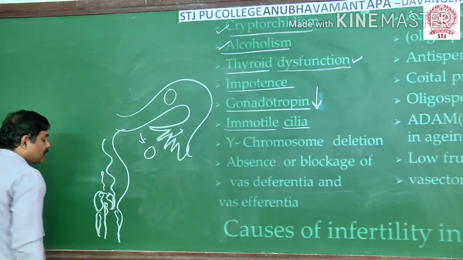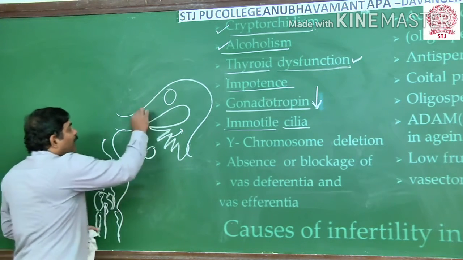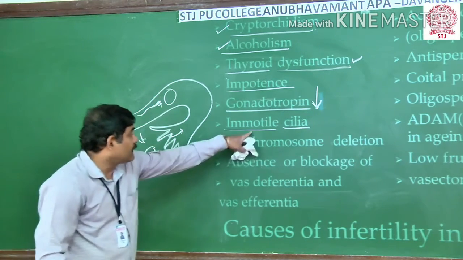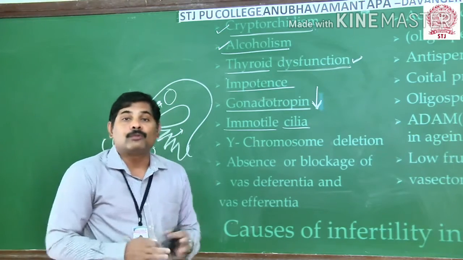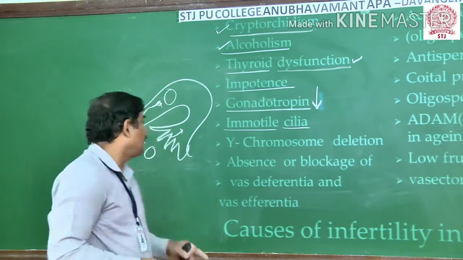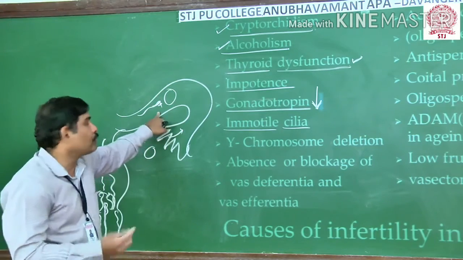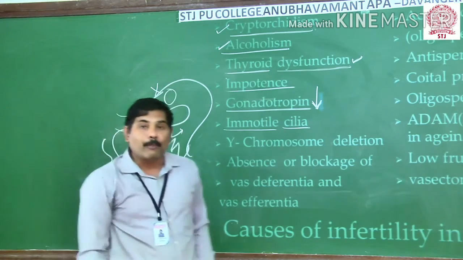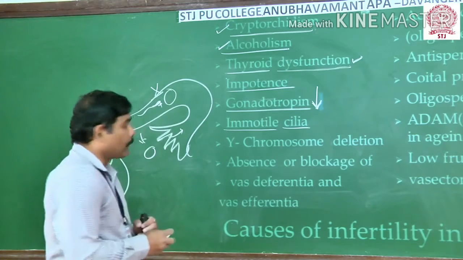Once it reaches the uterus, the sperms must swim and finally reach this fallopian tube. In this case, because of the motile cilia problem, the sperms are not able to swim comfortably and cannot reach the top of the female reproductive tract, so it leads to failure of fertilization. Finally, there is no possibility of conceiving in a woman. So this is one more problem.